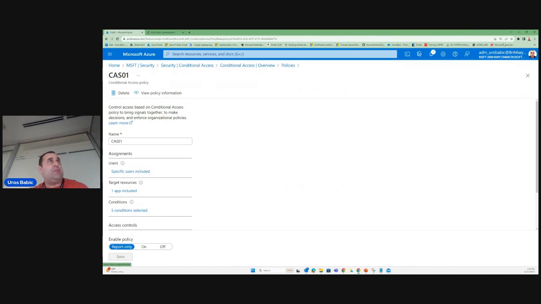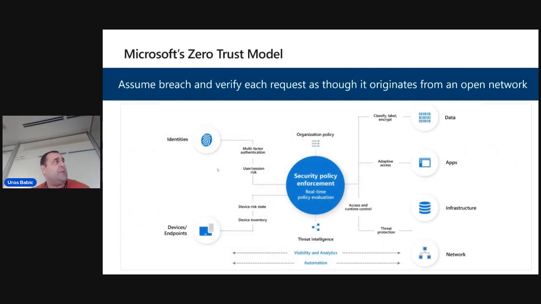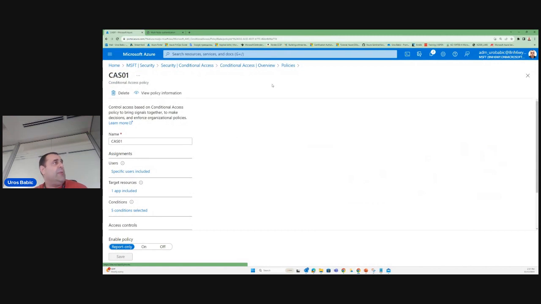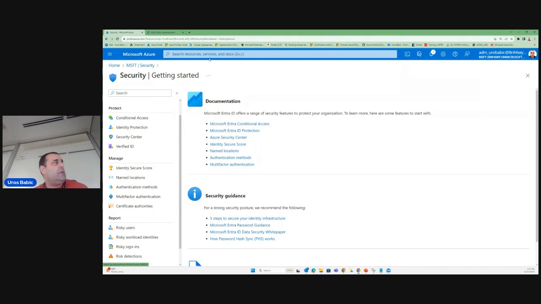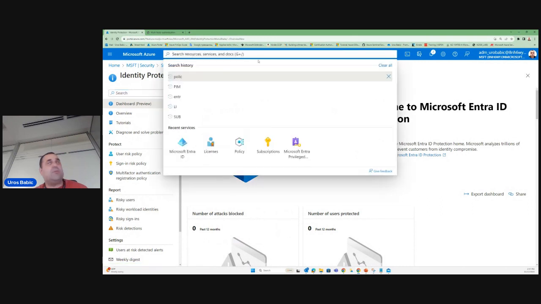It is very, very easy to understand. Access review: you can evaluate user access, you can track your review and compliance, you can evaluate role assignment, administrative user. Premium P1, P2 is a license for global admin. From this point of view, you can go in access review here in security, and I can go here in identity protection, but it is generally how we understand